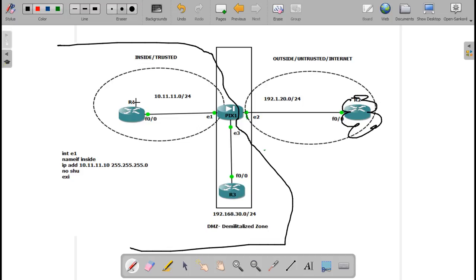So for R1, the default gateway will go to the firewall, and similarly for R3, the default gateway will go to the firewall. On the firewall, on all the interfaces I am keeping the address as .10. So this will become 192.168.30.10, and this will become 192.1.20.10.